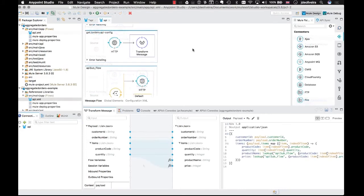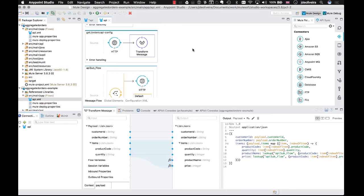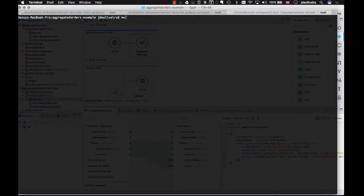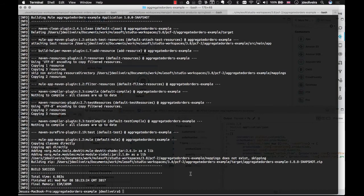Let's look at the complete example. This very simple flow performs the aggregation and enrichment of orders with product details. After we finish our implementation, we can produce a deployable artifact, a zip file, using Maven and deploy it to